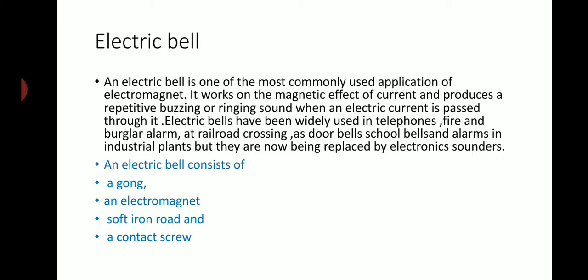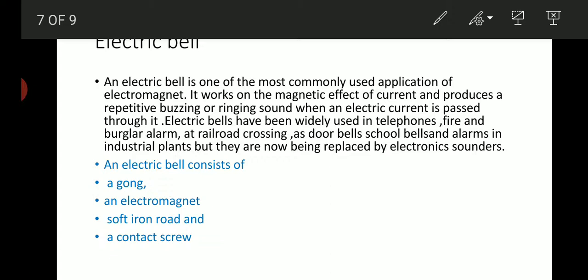The electric bell works on the magnetic effect of current, and it has an electromagnet in it. An electric bell has a U-shaped electromagnet, and a small iron bar called the armature that is held in front of the poles of the electromagnet. The lower end of the armature is connected to a flat spring, and the spring is itself fixed to a metal bracket, and a metal gong is fixed near the hammer. The electromagnet is connected to a battery, a push button switch, and the armature in a circuit.